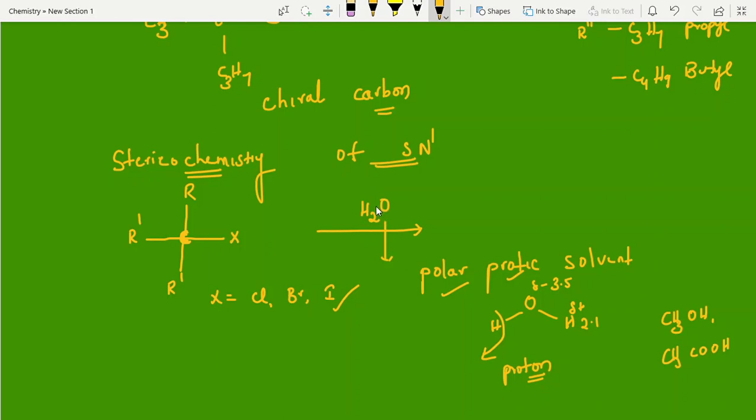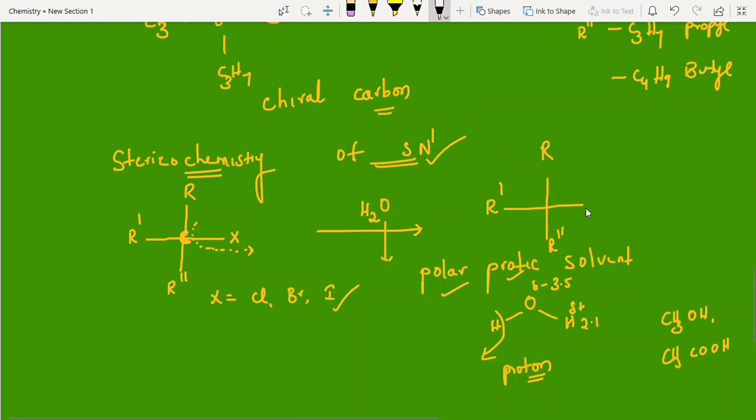If you see any polar protic solvent on the arrow, it definitely favors the SN1 mechanism. That too with a chiral carbon, then you can speak stereochemistry. First let me write the product, student. After that I'll explain. See, what is the product? Retention: R, R dash, R double dash. Where you are removing the chlorine group, in the same direction the OH comes in. This is a nucleophilic substitution reaction.